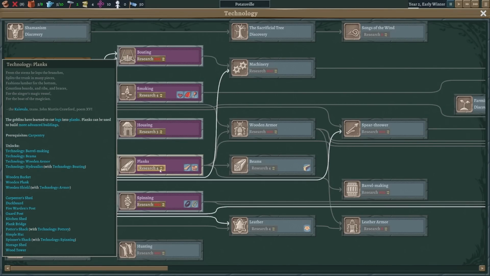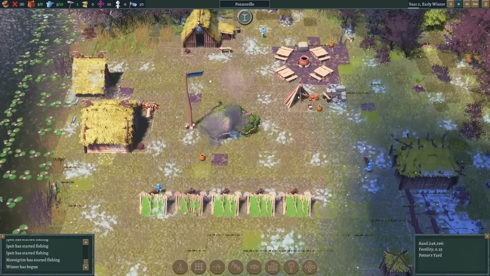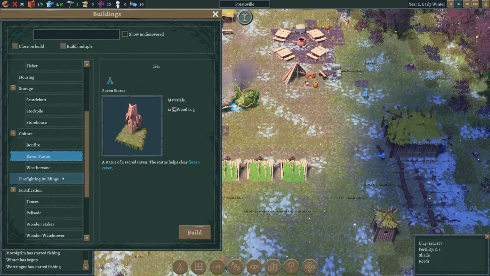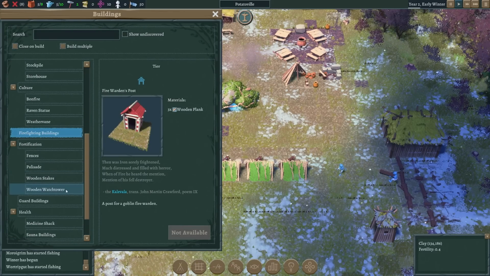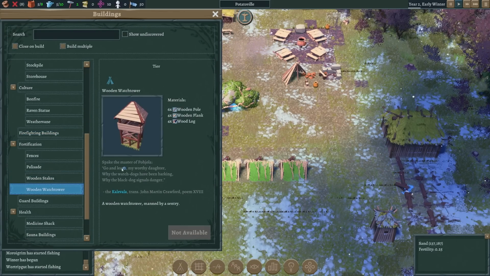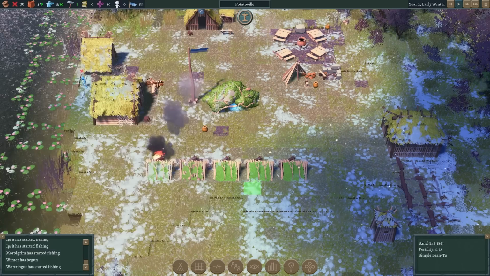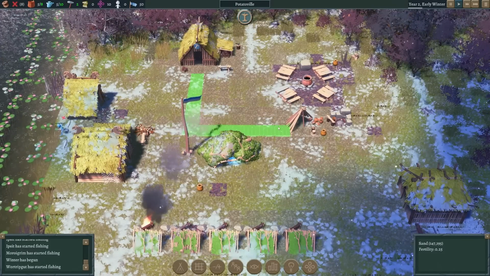What do I want? I think I want planks. I'm going to take planks. Right. Beams are next. What did planks give us? Did planks give us an additional building? Ooh, a firefighting building. I don't have it yet, but I would like it. Wooden stakes, wooden watchtower. Ooh, okay, that's interesting. Road, we've got some road, and a plank bridge, which is coming soon. That's unfortunate. That's fine, though. Let's get...